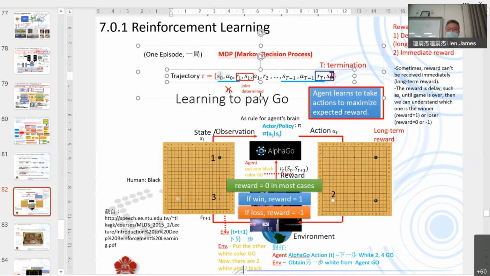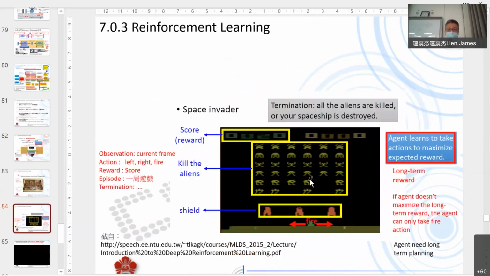If I win the game, all the rewards are labeled 1. If I lose the game, all the rewards are labeled 0. That's one kind of situation. The second situation is also playing the game, with the same 2 situations.